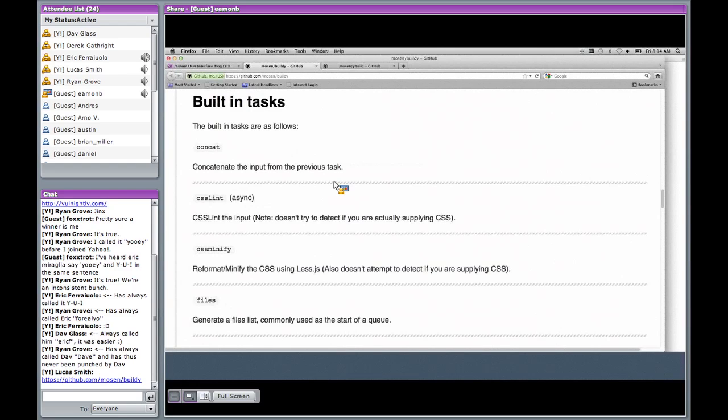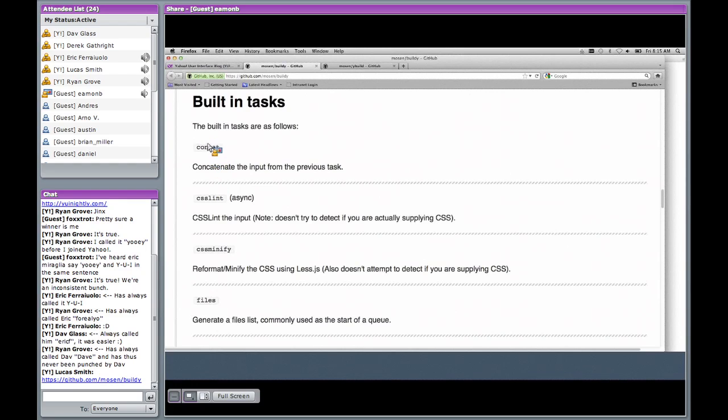But I'll definitely be adding to it later on. The main task at the start is the files task, which can take globs and things like that to generate a list of files that you are operating on. And then basically all of the other tasks operate on those set of files or read them into strings and then perform different tasks with them.